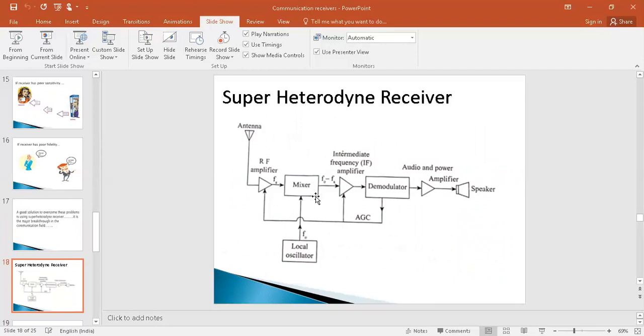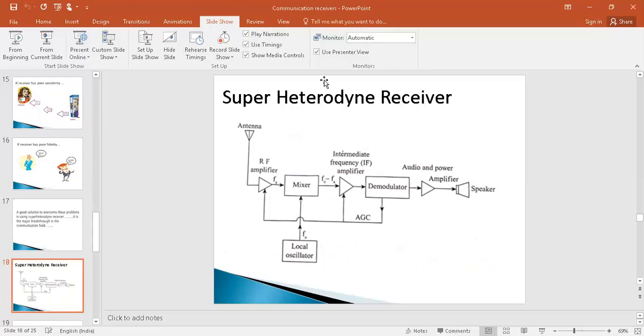But in the superheterodyne receiver, using the local oscillator, it will generate a local high carrier frequency, mix it with the original signal, and it is passed through different stages and reaches the speaker end. So most of the drawbacks which we faced with the tuned RF receiver can be overcome using the superheterodyne receiver. The major working principle of superheterodyning is frequency mixing.